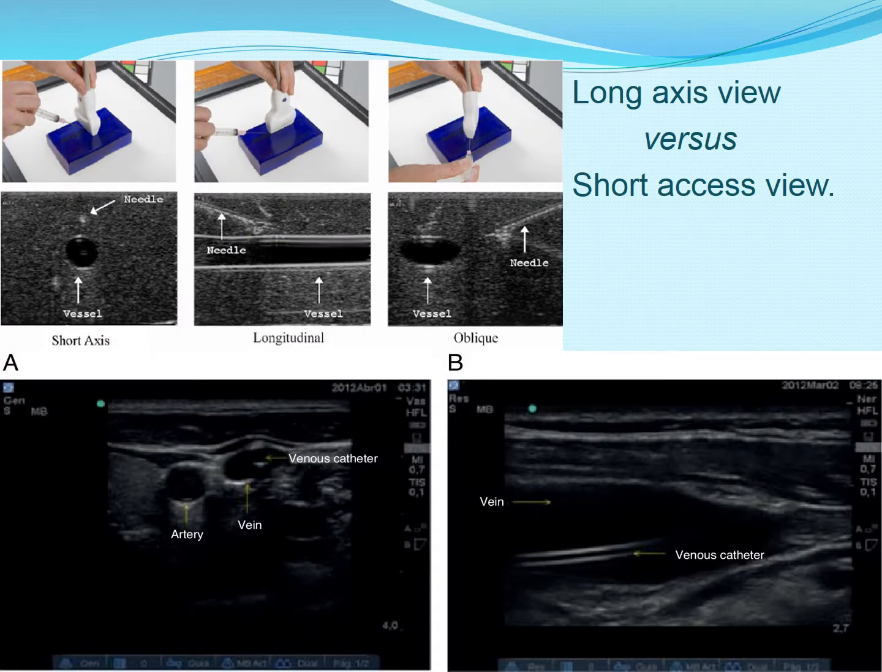Long axis view versus short axis view. Short axis view allows you to see the vessel as a circle because it's a cross-sectional view, sort of that of what a CT scan does. A longitudinal view